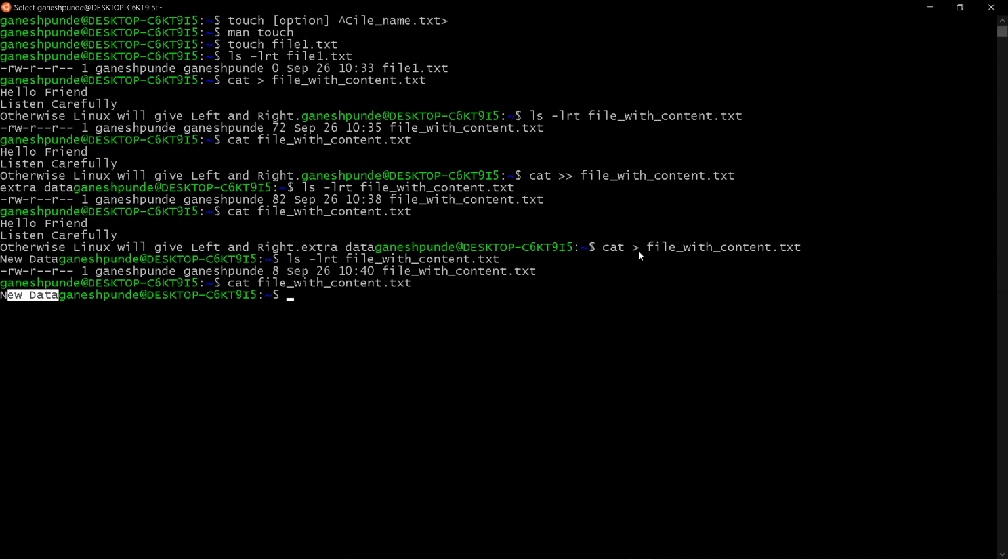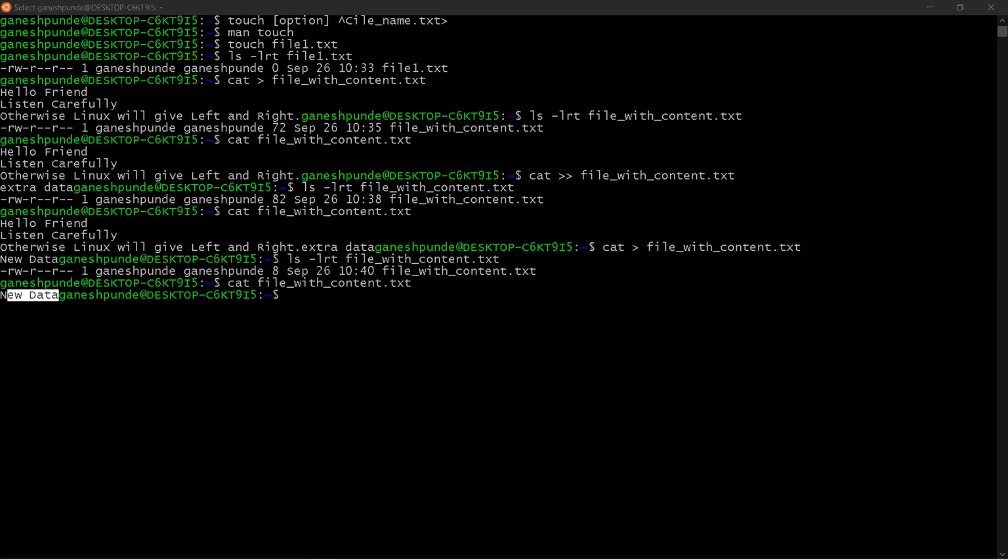Whenever you use the single greater than operator, it will overwrite the content. But if you use the double greater than operator, it is just appending to the content of the file. So that's about cat with single greater than and double greater than.